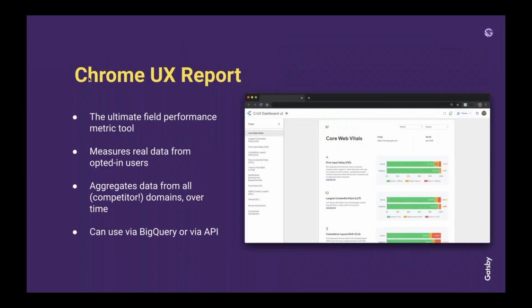The Chrome UX Report. This one actually got a pretty good update with Core Web Vitals. Do you want to go through this one? Yeah, this is really cool. One thing worth noting is that because Google are collecting all of this data in aggregate from all of these sites and all of these users, you can access it and query it. In fact, this screenshot is from Google Data Studio showing Core Web Vitals data for the last period, queryable by month and device, and you can change the origin you want to look at.